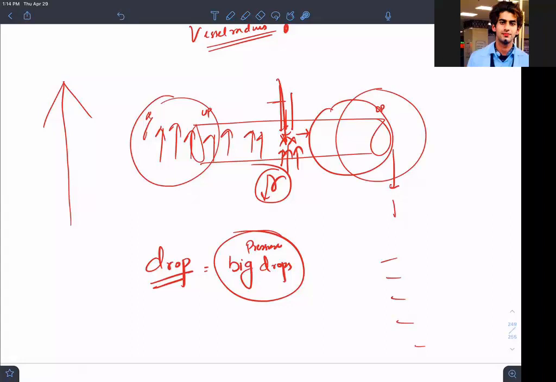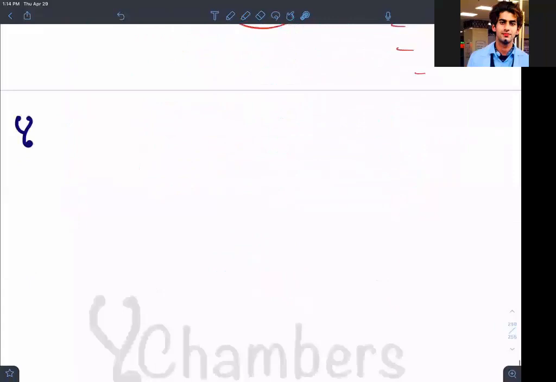Okay. Now tell me one thing. Who is the main site of increased resistance? No, it is the arterioles. The arteriole is having the highest resistance. I told you last time, isn't it? The arteriole is having the highest resistance. So what will happen? Can I say arteriole will control all those resistances?